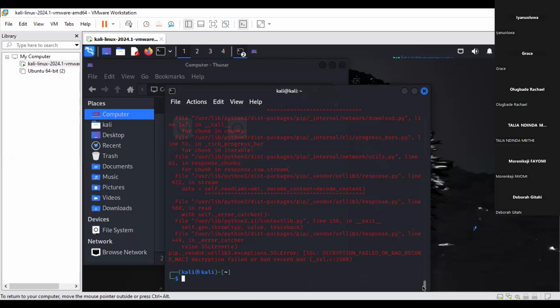So let's try pip3. Instead of just pip, change it to pip3.